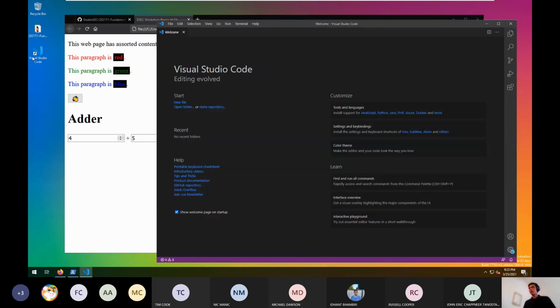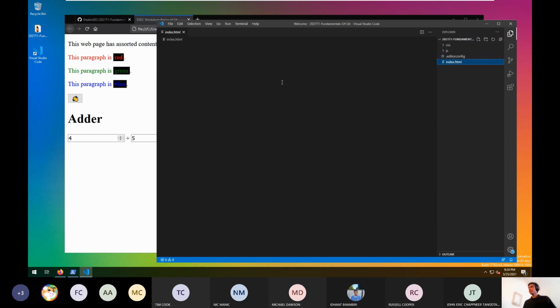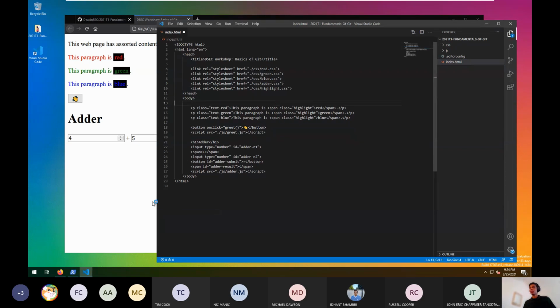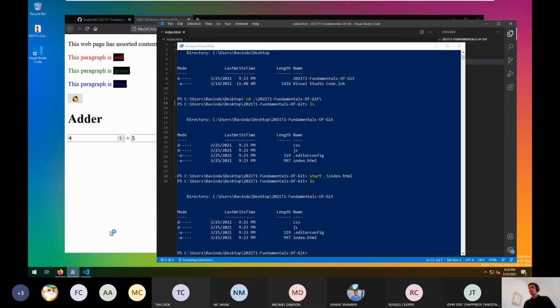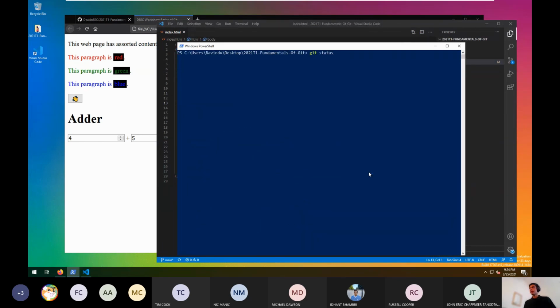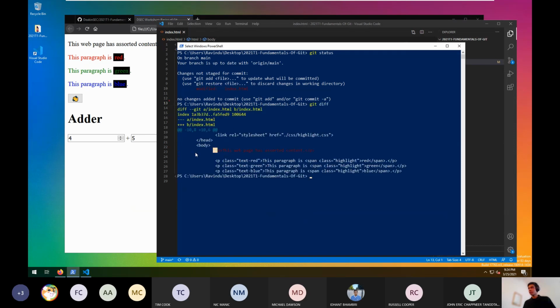So I'm going to open this folder in VS Code. So index.html over here. And let's say the change that they want to do is to remove this paragraph that says that there are changes to sorted content. Their process will be the exact same. So they do git status, and they'd see that they've modified a file. They could do git diff and see the actual changes. In this case, it's barely legible, but that's a red minus sign that represents that they've removed this.